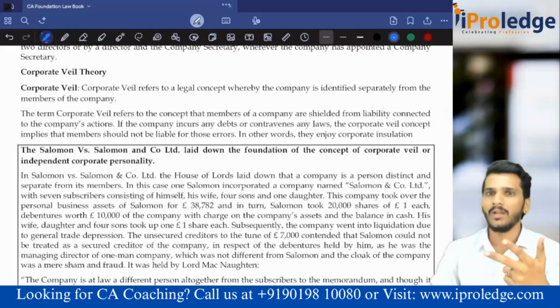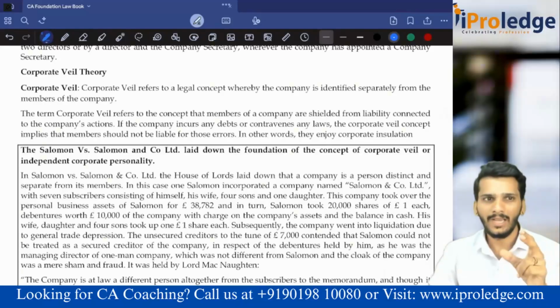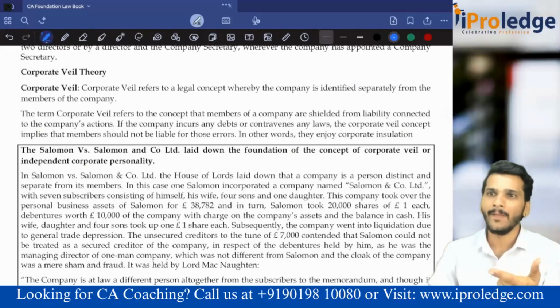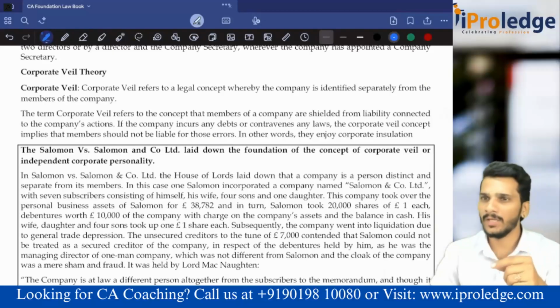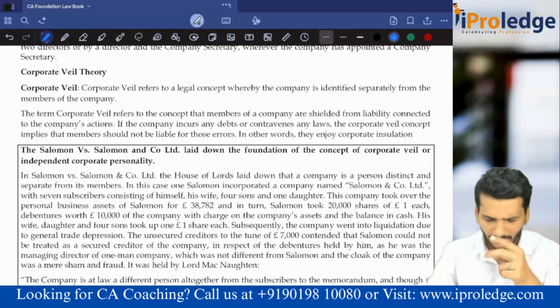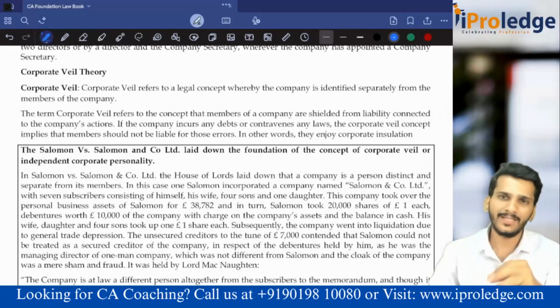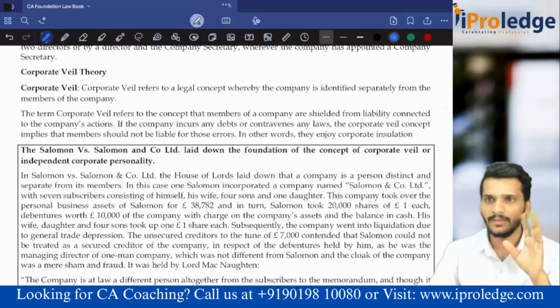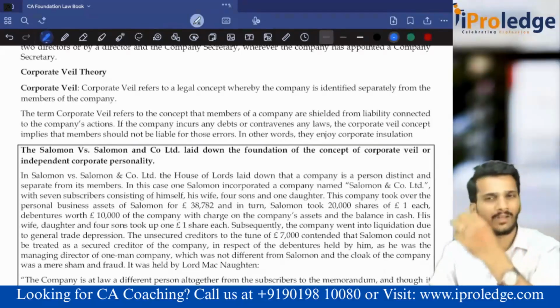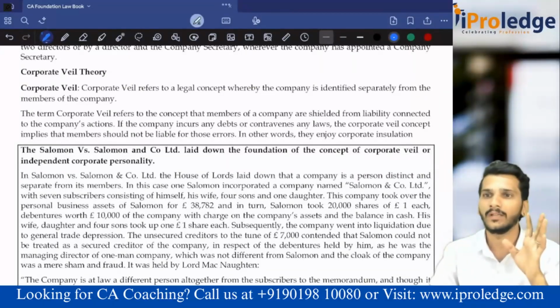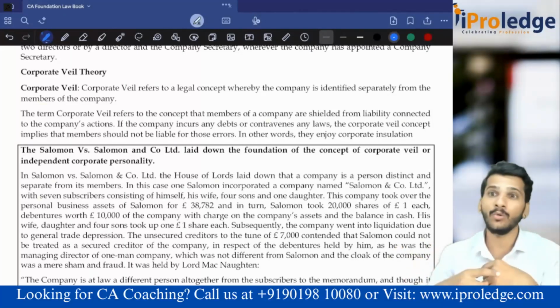Then third one, whenever avoidance of obligation is happening. What is this avoidance of obligation? I'll not take the case names, I'll just give a hint. One company, generally having a profit of 100 crore, told its employees, if we cross that 100 crore of profit next year, then on whatever extra profit is generated, for example it happened to be 150, then on that 50 crore rupees of profit you get 20% extra bonus. The company promised, because of which every employee started working day and night, and the profit increased to 140. Now, in excess of 100 is 40 crore. Company has to give a bonus of 40 crore into 20%, 8 crore rupees of bonus.